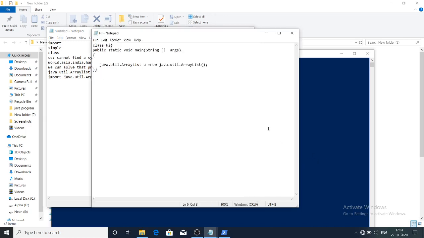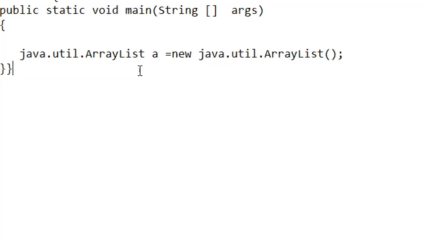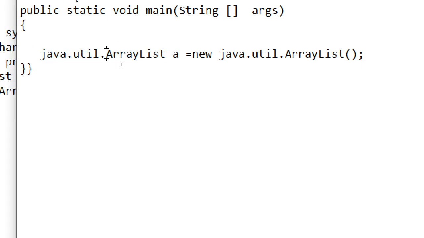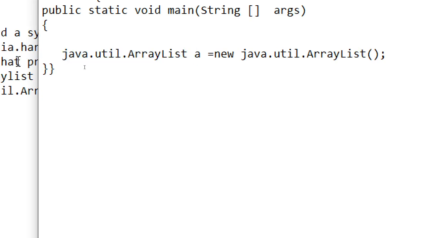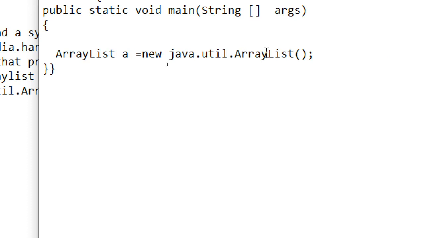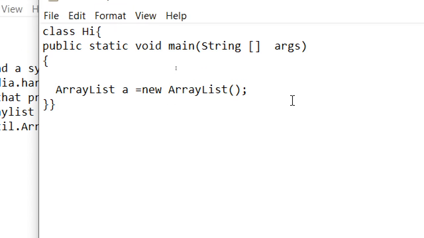See, as an example, I think I have to show it. So we do not have to provide this full name. We import, and by using import we can import once and we can use it by using the short name. We do not have to provide this full name. If we use import, I write import.